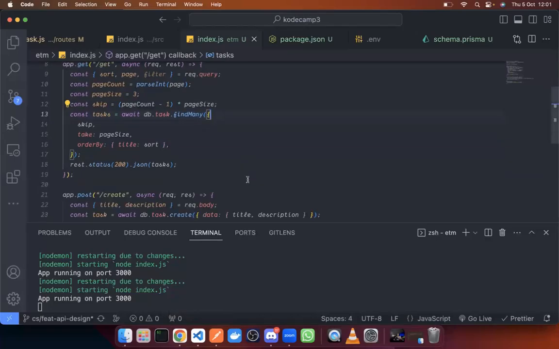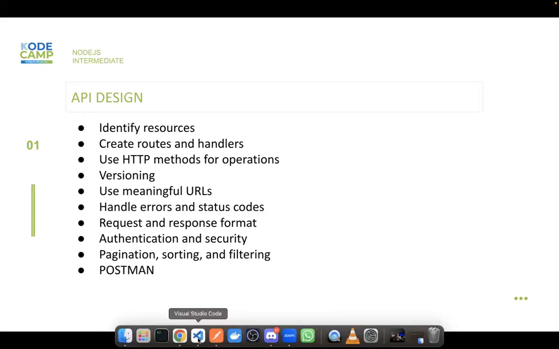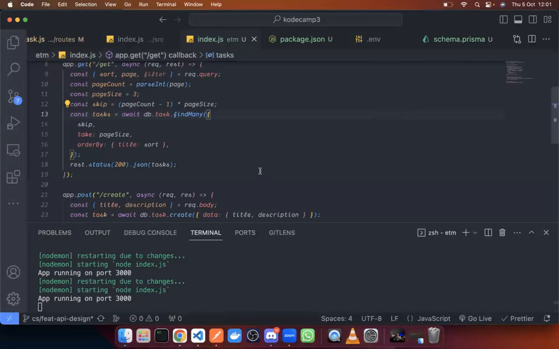And then now what next do we have on our list? We have filtering. We've implemented pagination and sorting, and now we want to implement filtering. We want to actually filter our tasks. And how do we want to filter it? We want to filter it either by the title or by the completed. What we will do here is we say